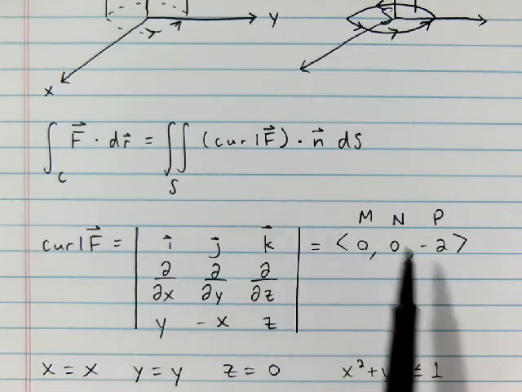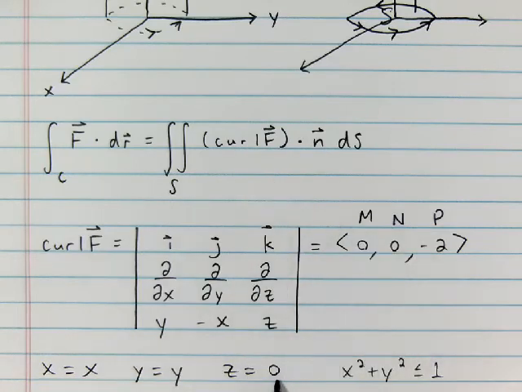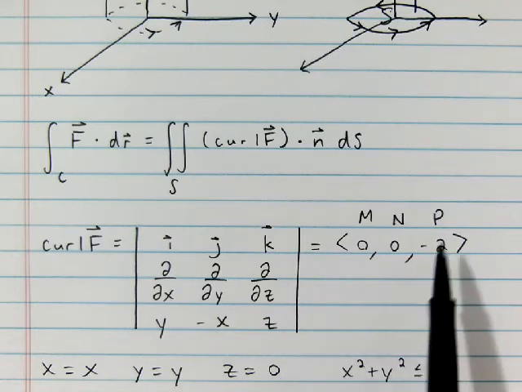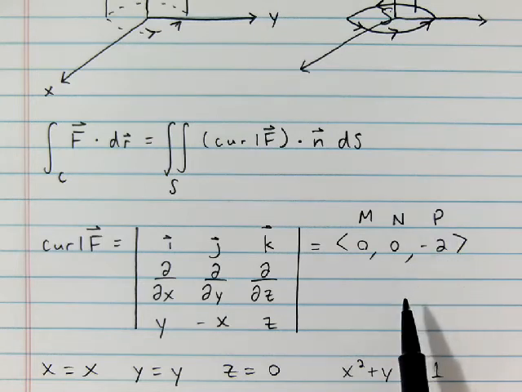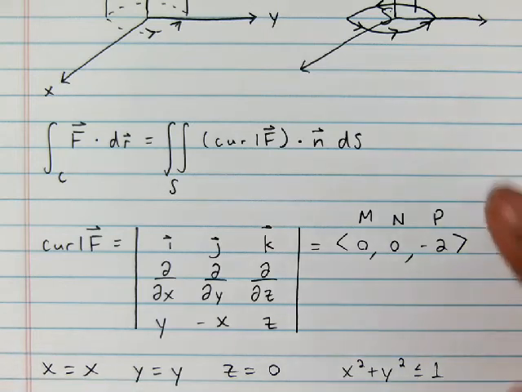That's where we would have negative m times f sub x and minus n times f sub y plus p times 1. So if we were to set this up that way, that's how we would do that using this parameterization. But the reason I'm writing this down is so that we can see that if you were to do yourself r sub x cross r sub y for this parameterization, you will get this exact same vector